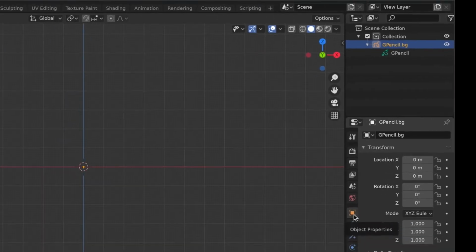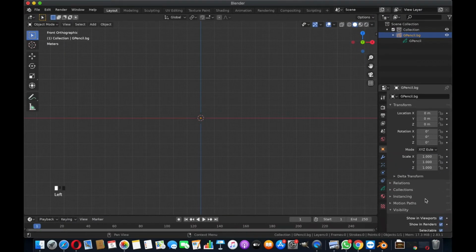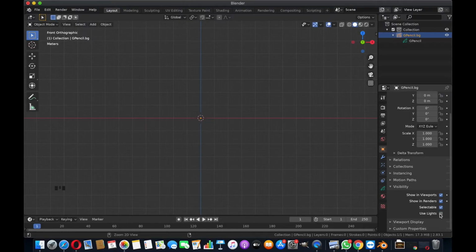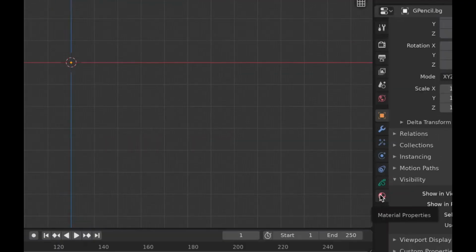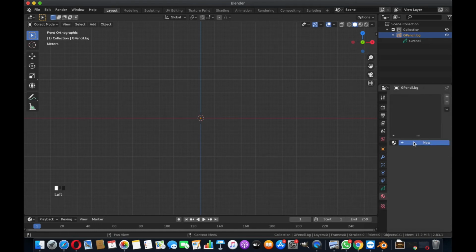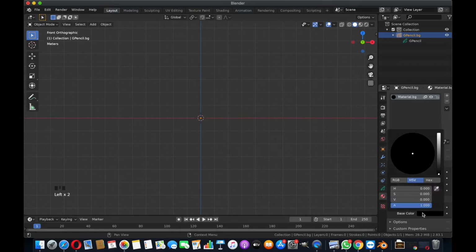Then go to the Object Properties tab within the Property Editor window, and uncheck the Use Light checkbox under the visibility arrow for the Grease Pencil object. Now go to the Material Properties tab in the Property window, and create a material by pressing the New button on the tab. Keeping all properties intact, select the Fill checkbox under the Surface collapsible item, and choose the green color